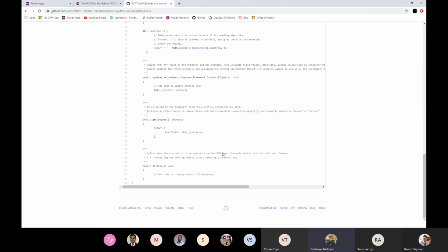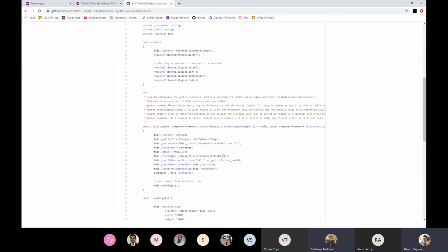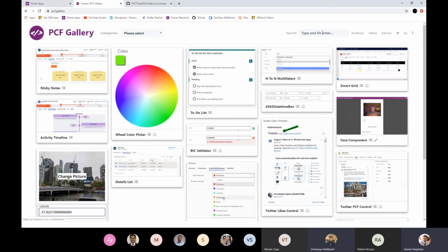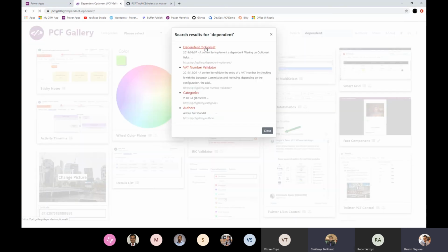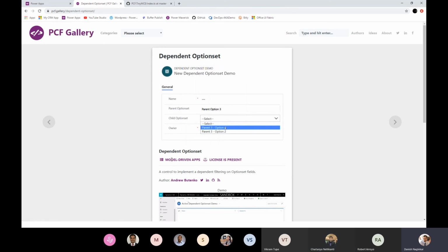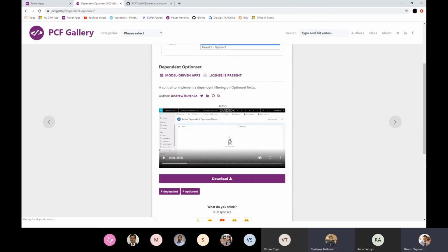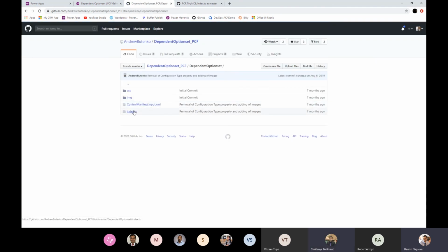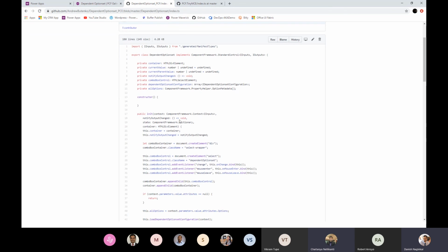How are you able to say that, Danish? Well, let's take an example. Dependent option set. Okay, this is only going to work on model driven app. The reason I say that is if you look at the code,